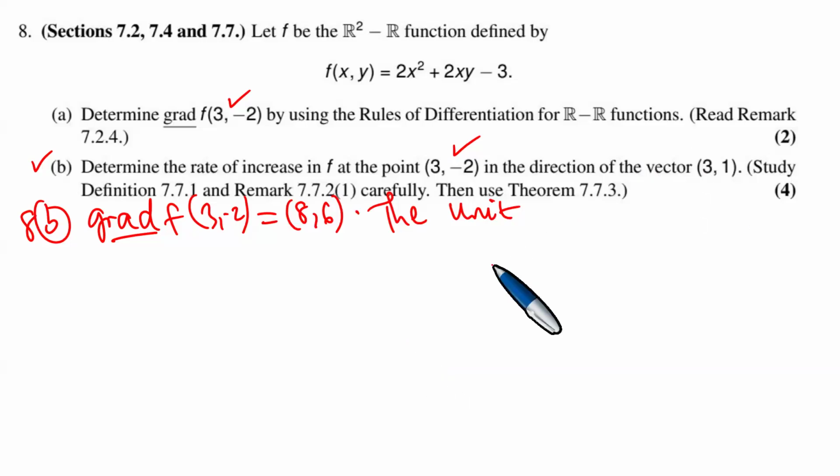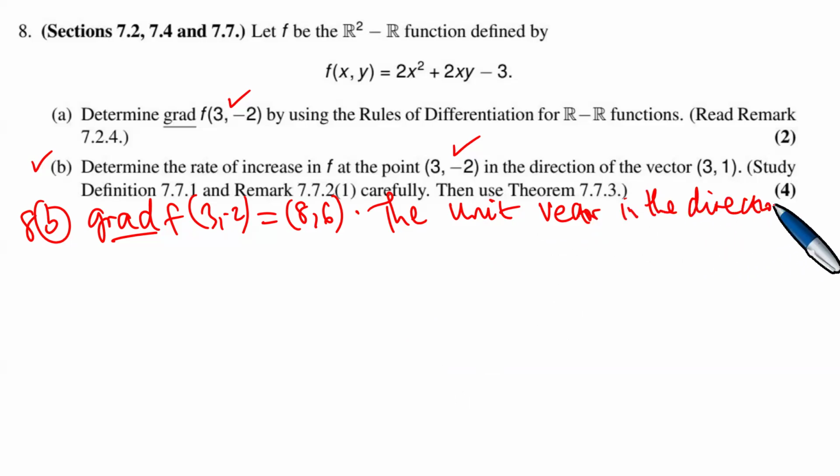So in the direction of that vector, there's something we call the unit vector. So the unit vector in the direction of 3, 1 is given by